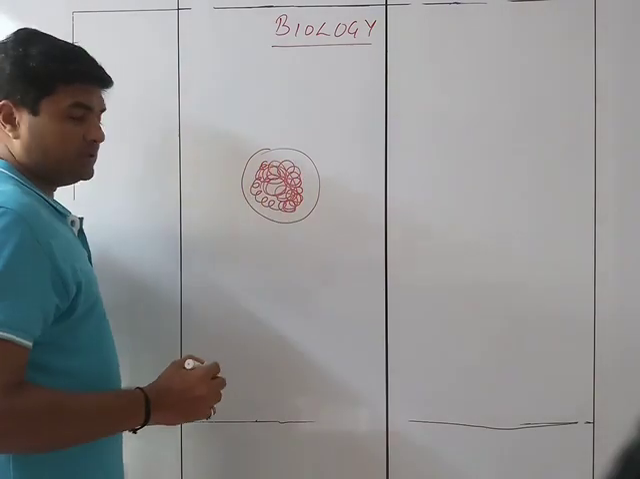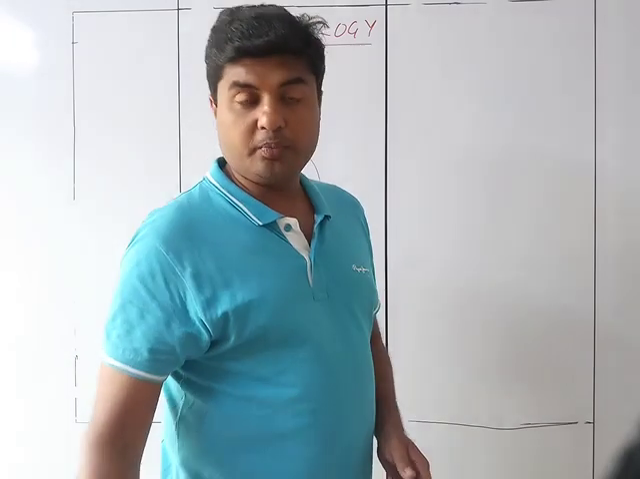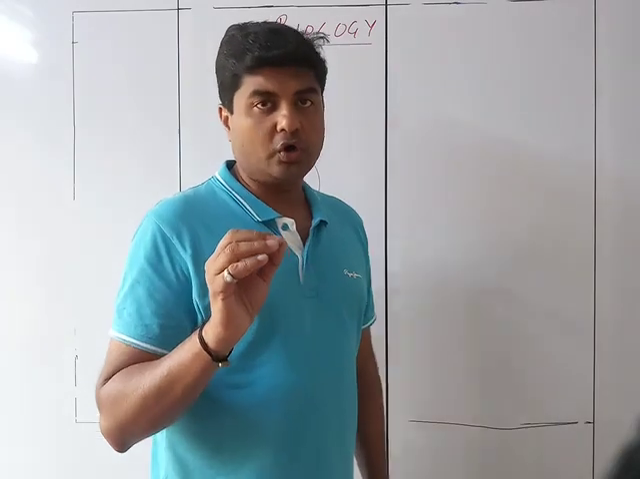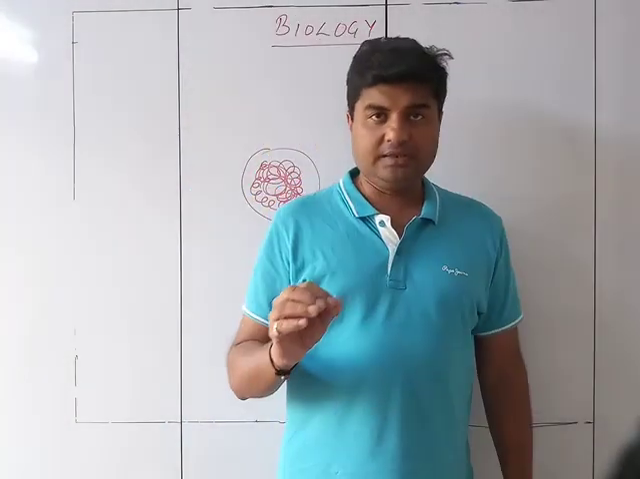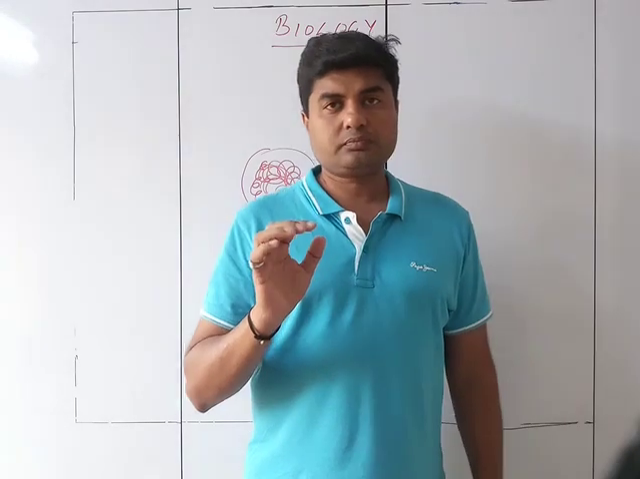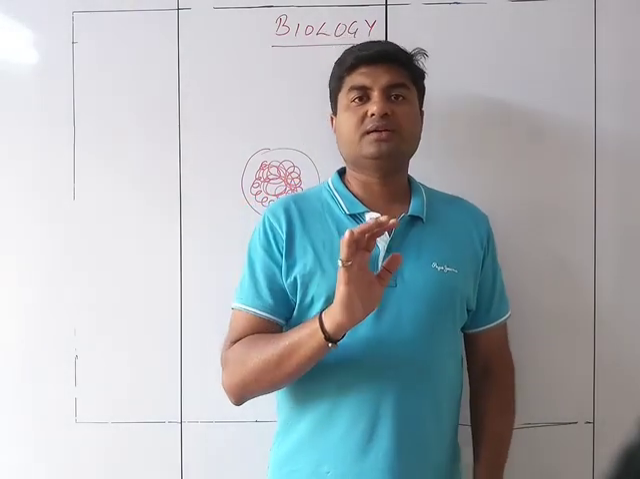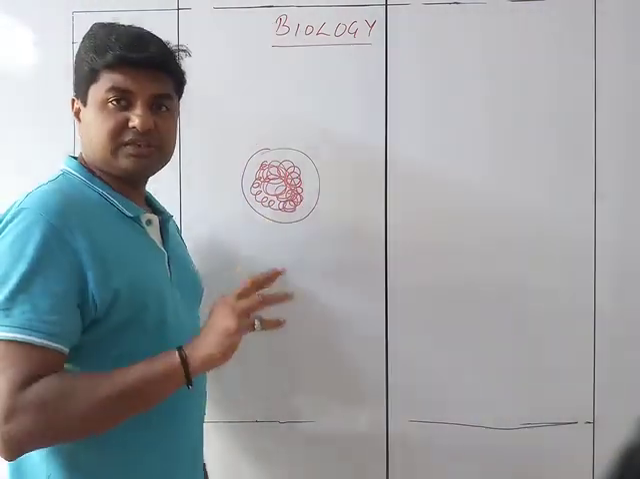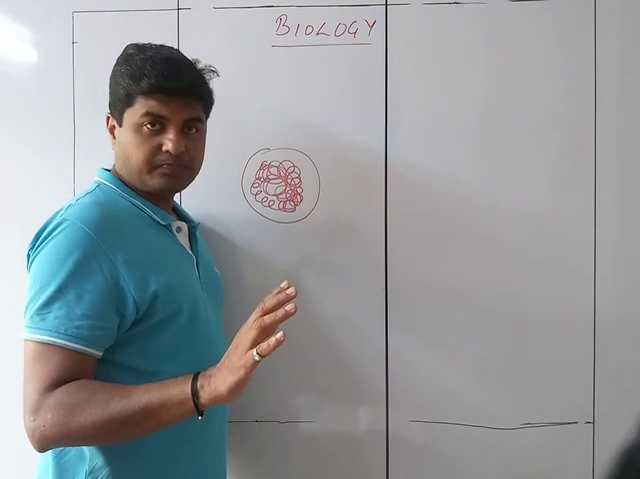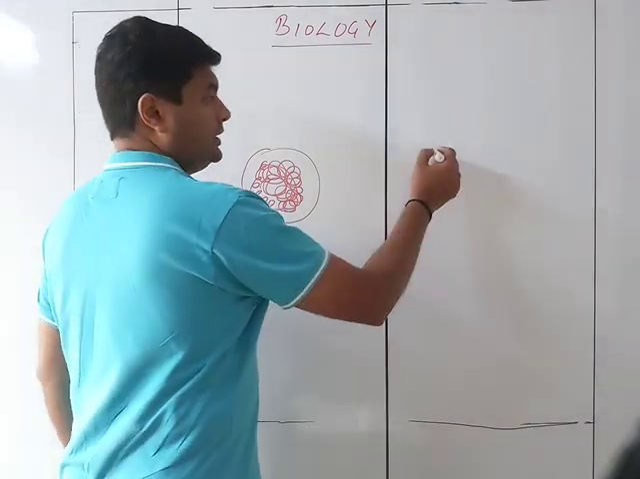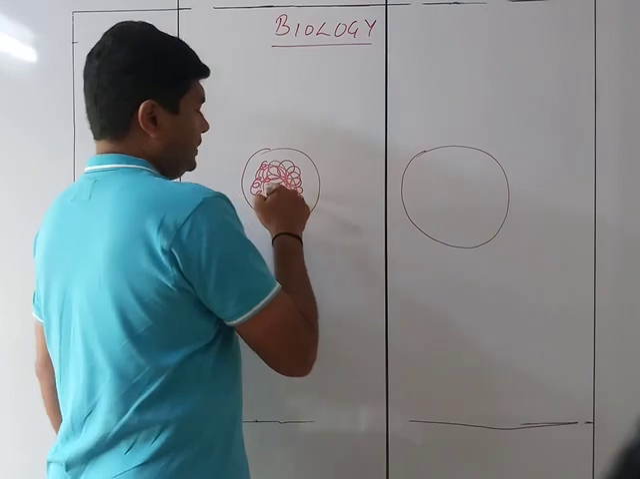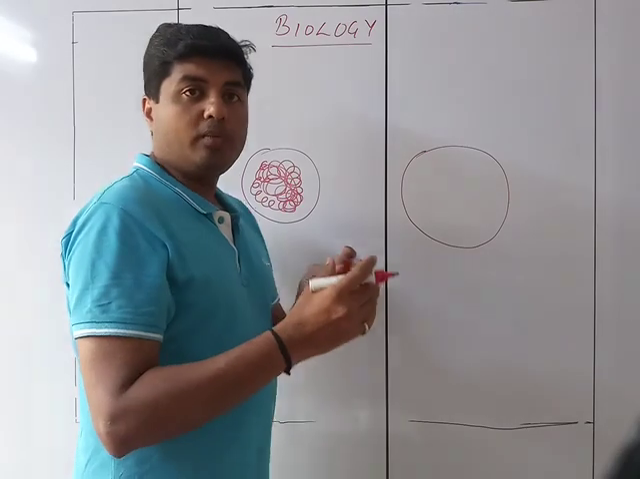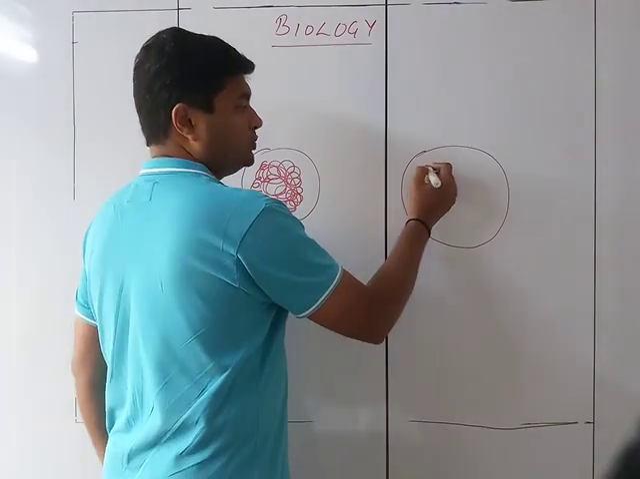So these chromatin fibers are the ones which are present in the cell when the cell is immature or just born. When the cell is in a phase which is called the resting phase, at that time it is in the form of chromatin fibers, which is just a network of fibers, a network of threads. As the nucleus matures, the chromatin fibers are going to form what are called chromosomes,